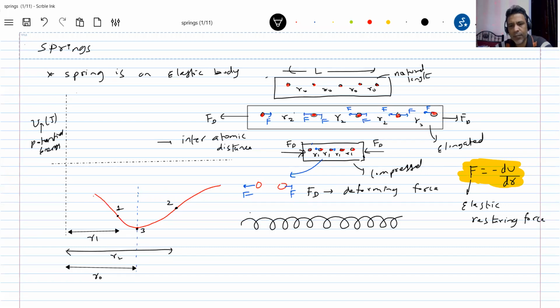This is a spring. The spring will have a natural length L naught. Sir, what about the spring? I think you have seen the spring in a pen. Nowadays it's available in bikes, at many places. You see this particular spring, no? That is what I'm going to discuss now. If you look at the spring, it will have a natural length, meaning no elongation, no compression. So this is the spring at natural length. Now I will increase the elongation.